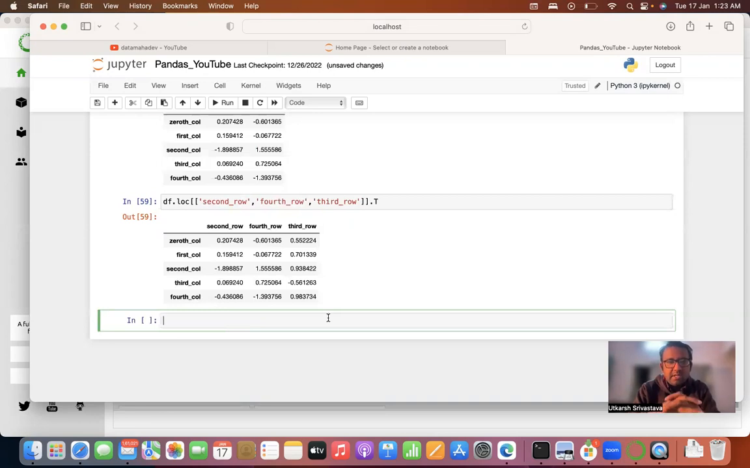Next, we'll see how to access rows using the .iloc function. This .iloc function is the most common function to access rows, because in our normal .csv file,